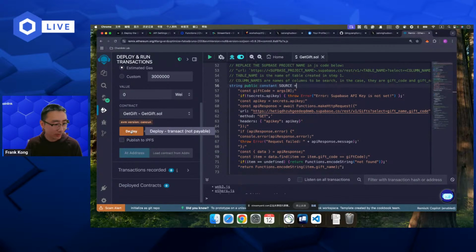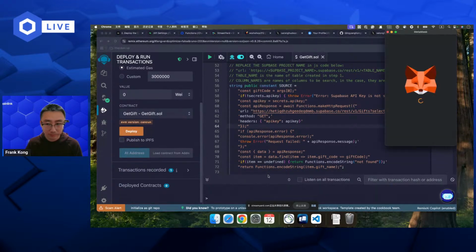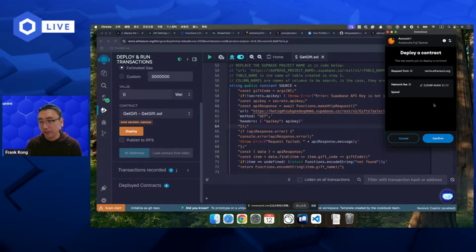Then MetaMask pops up. Let me confirm the transaction.